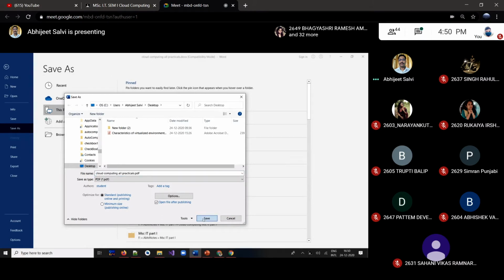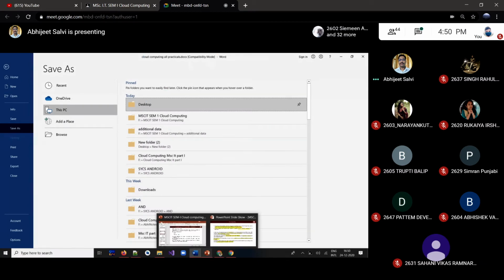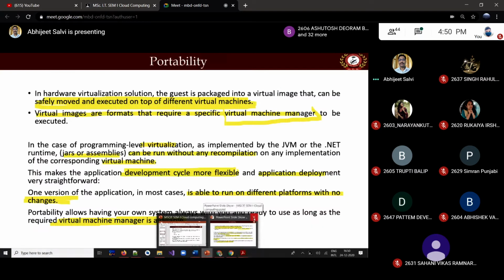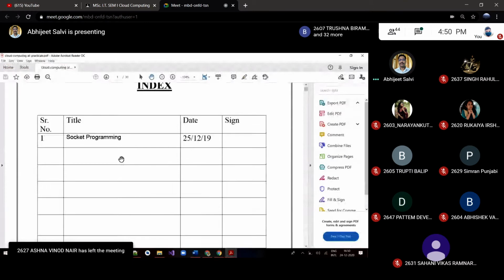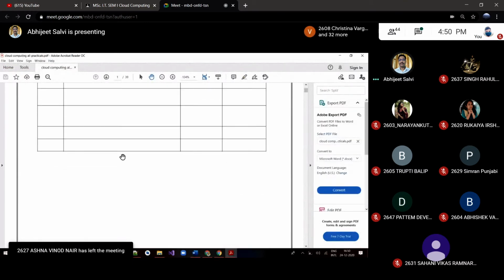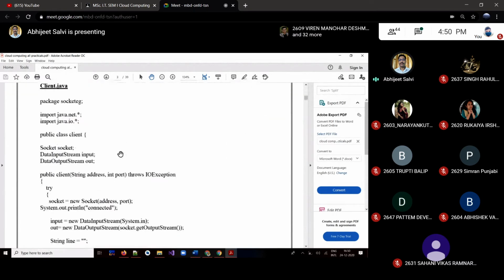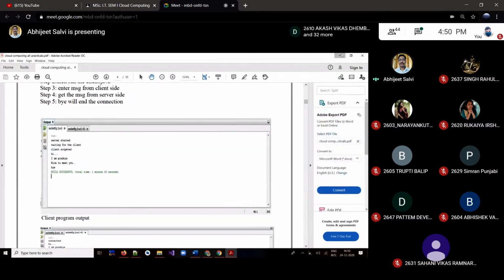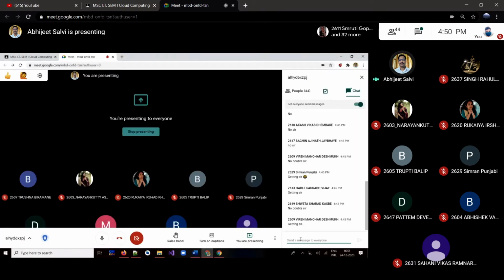Let me save this, and let's save it on the desktop. Is it fine now? Okay, let me stop that PPT, otherwise there will be confusion. Stop this. So this PDF file is generated. So you can just go through that. Okay, the things are in the proper manner. Okay, and the second, the third, and the output in the proper way. Fine. Let me minimize or close this window.